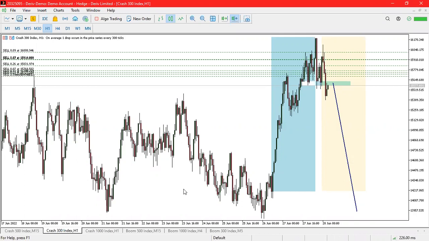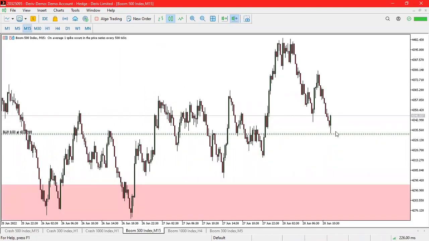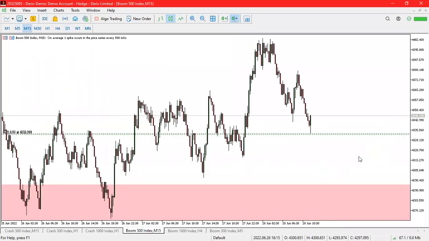Simple, guys. These are spikes, guys. These things they don't talk. Crash 100, still going to go down there. Simple market structure. Boom 500. This is a daily chart. Even never know what it has done. So here is a spike. Even before it went here, it didn't even arrive here. So if you were trading, it was giving you a second entry.